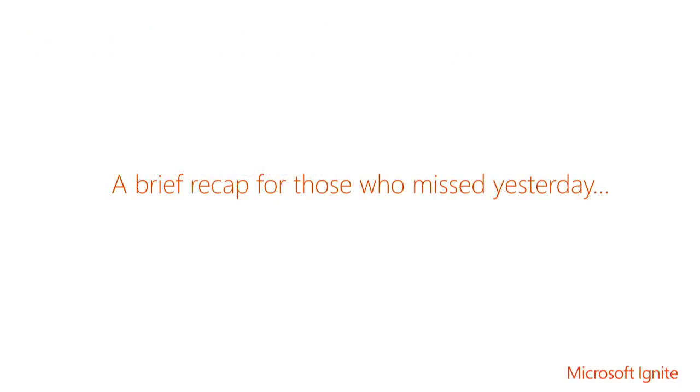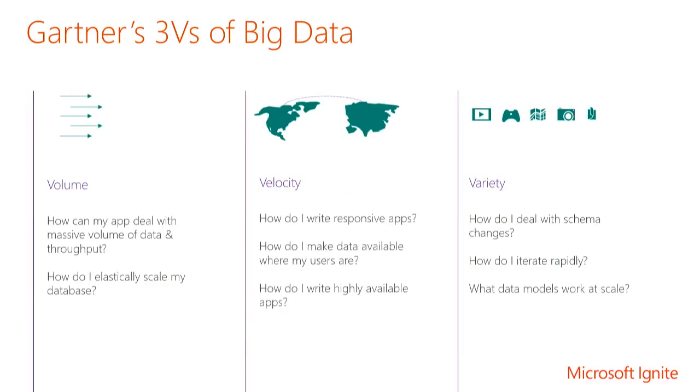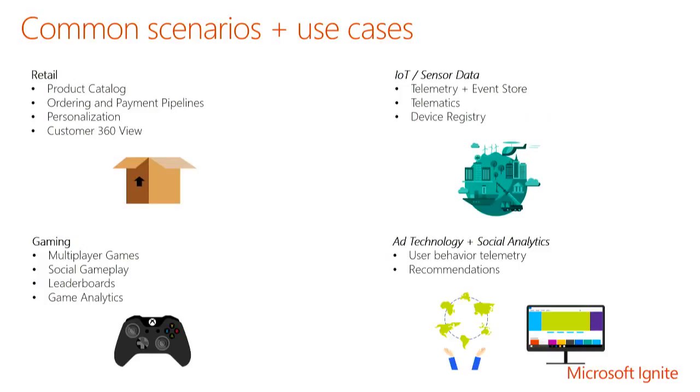Sounds like everyone attended my session yesterday, so I'm going to probably just hit next through these. The broad problems are volume, velocity, variety. Volume is I have so much throughput, so much storage, that it doesn't fit on a single box anymore, I need to scale out. For velocity, this is the problem of, great, I've scaled this out, how do I get low latency access to my data to make sure that I have highly responsive applications? Variety is how do I deal with these schema changes? We see these problems in a variety of scenarios, ranging from retail product catalogs and personalization to gaming and IoT